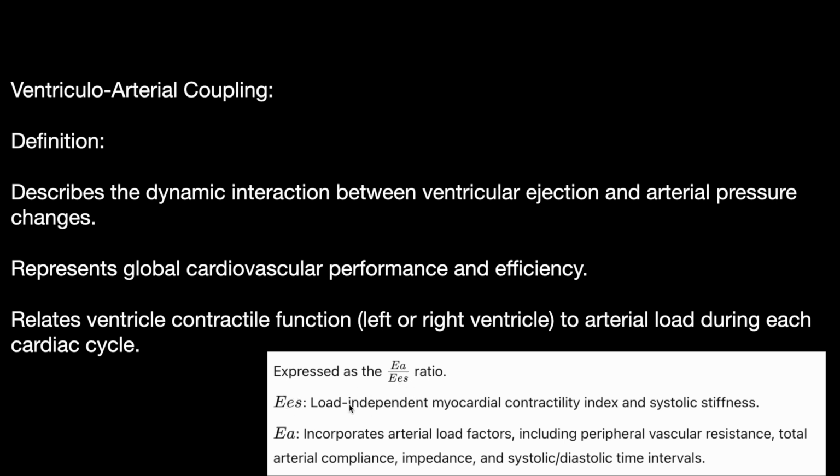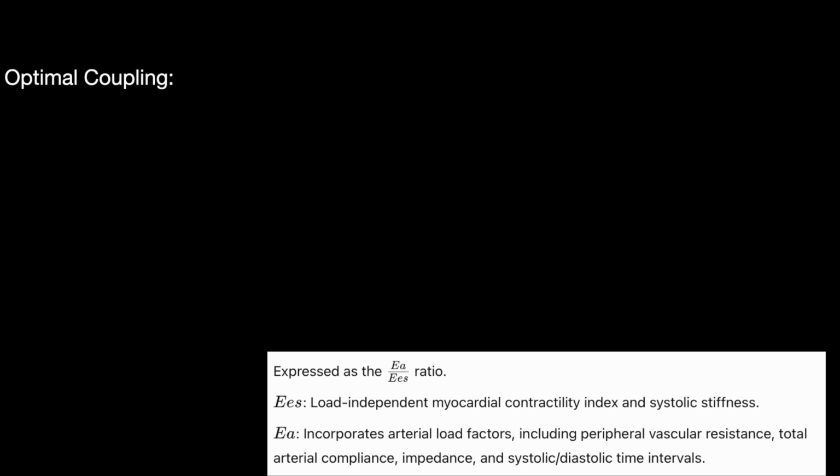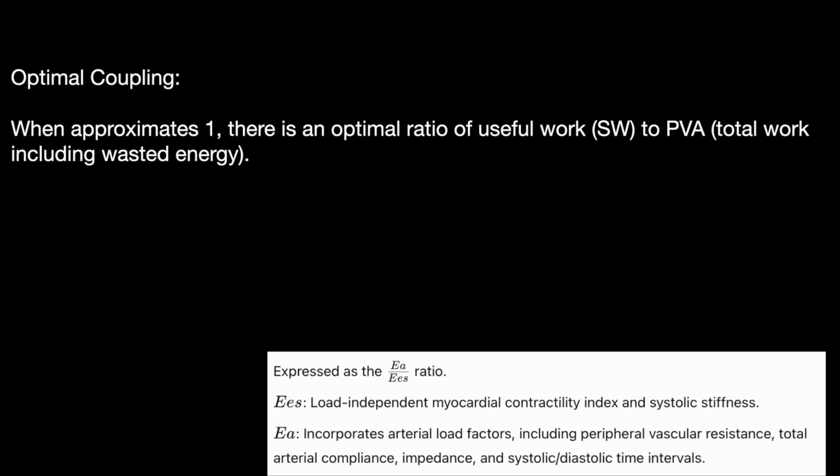This Ees is the load independent myocardial contractility index, or the stiffness of the heart during systole. The Ea incorporates the arterial load, including the peripheral vascular resistance, the total arterial compliance and impedance, and the systolic diastolic time. So basically the top one is the artery, the compliance, and the Ees is the stiffness of the heart. So this is the mathematical formula for it. The optimal coupling approximates one, where there is an optimal ratio between the stroke work and the total work,